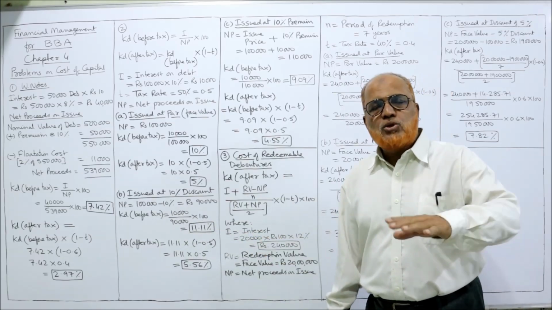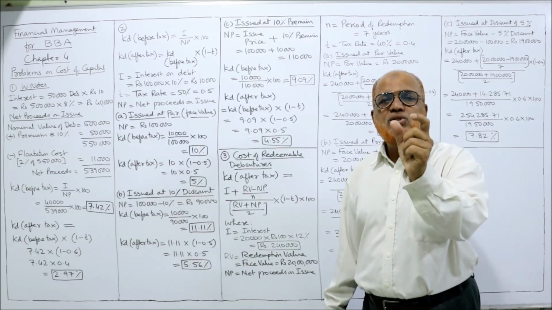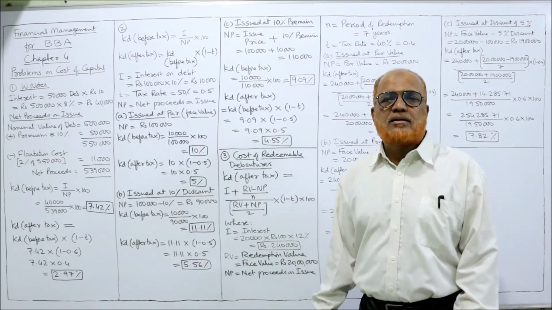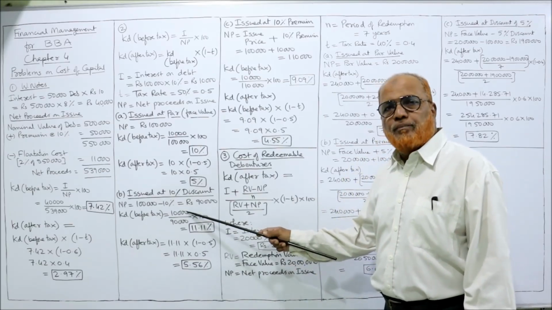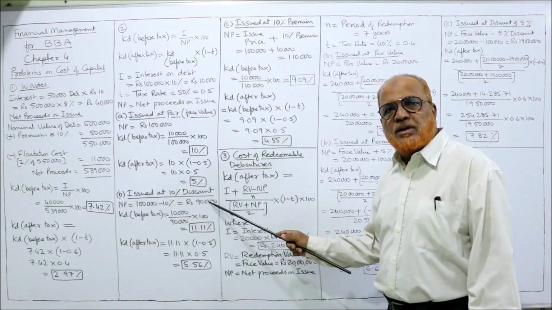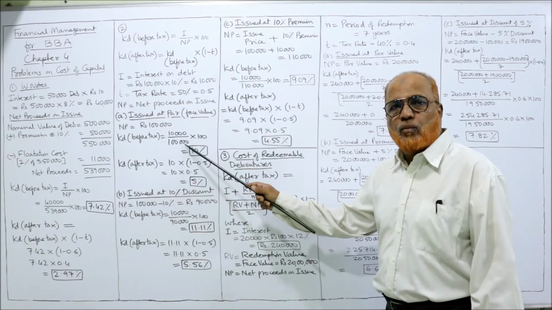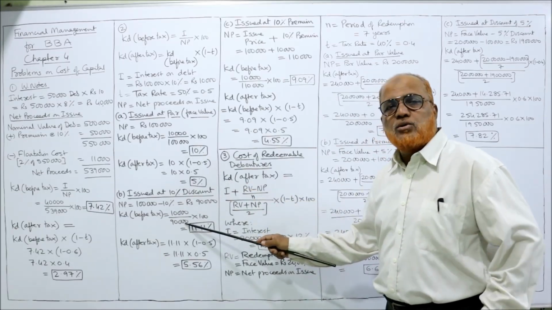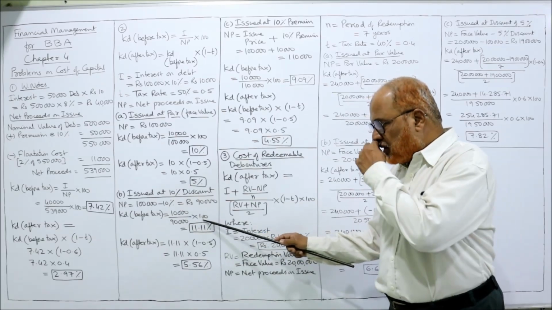Whether the company issues at par value or premium or discount, the interest always will be calculated on the face value. So interest 10,000 remains same. Net proceeds now it has become 90,000. In the first case it was 1 lakh. Now it has become 90,000 because debentures were issued at discount. So 10,000 by 90,000 into 100,